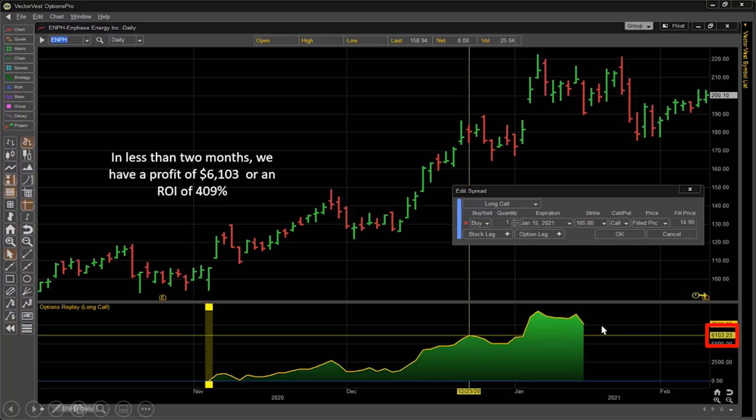Okay. Had we held all the way to expiration, we would have had even a nicer profit, but quite often the trade management, risk management techniques would avoid that greed in trying to capture the last penny. So we had some nice returns, as you can see, simply following the market trend, finding a good quality stock.